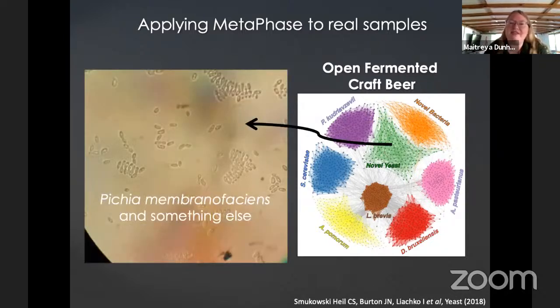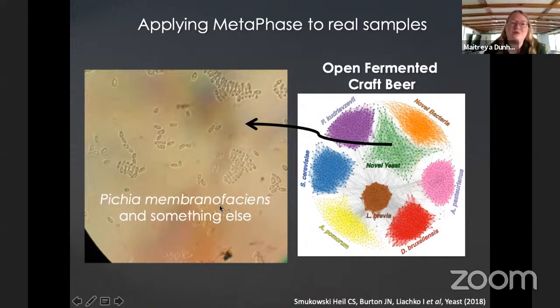And so the nice thing about working with beer is that essentially, sugar water is the same as yeast media in the lab. So you can actually cultivate many of these species individually and grow them up and sequence them as clones. And so we were able to clone purify this bugger here. And here it is under the microscope. It makes these really neat little palisades.